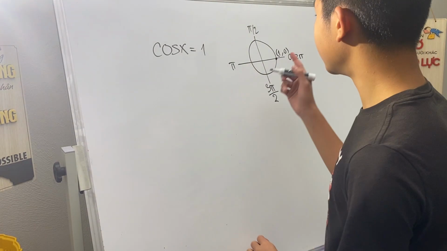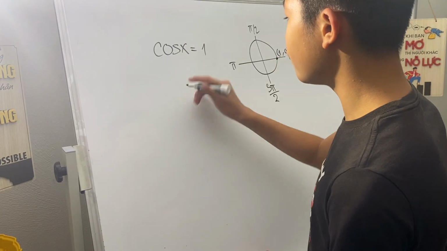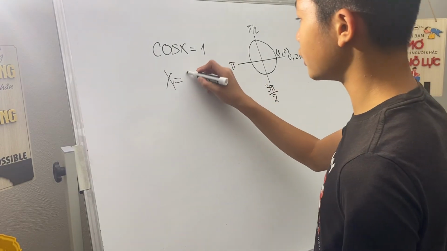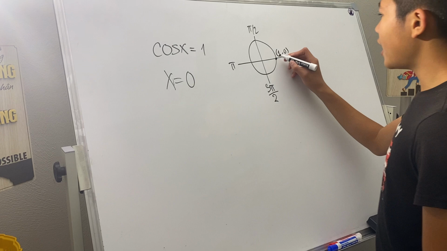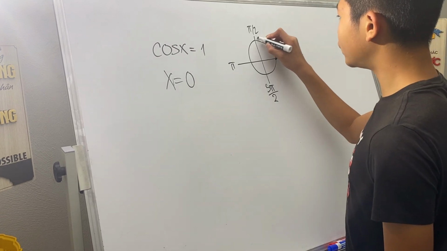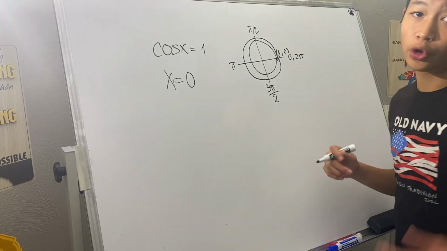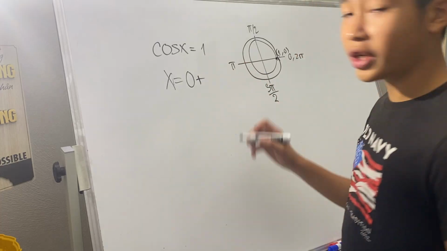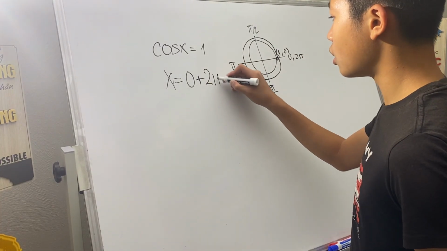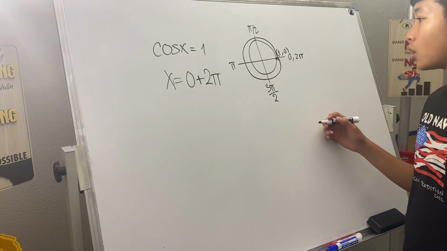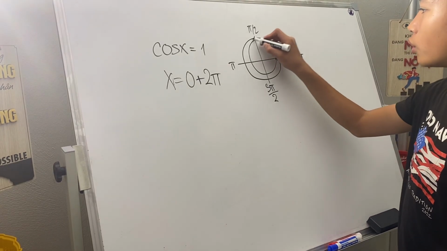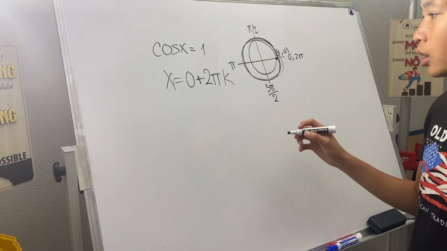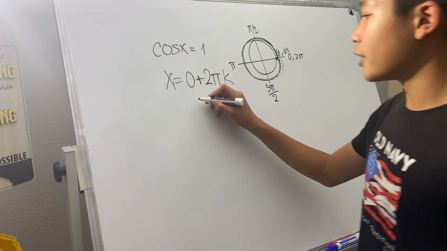So this is the answer, right? Yes. So you take the inverse on both sides, x equals 0. That's it, 0 degrees. But if you start from right here and rotate 360 degrees, or 2 pi, you end up at the same spot. So we're gonna add 360 degrees, which is 2 pi. But you can do this multiple times. You can go around it multiple times, like this. So we're gonna add a letter to it, like K. So K has to be an integer